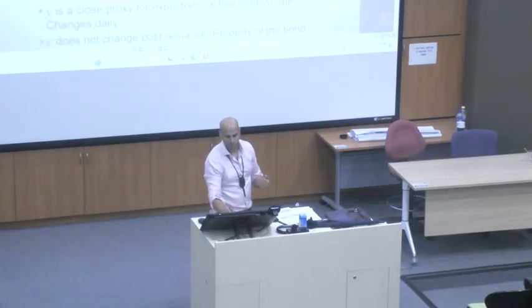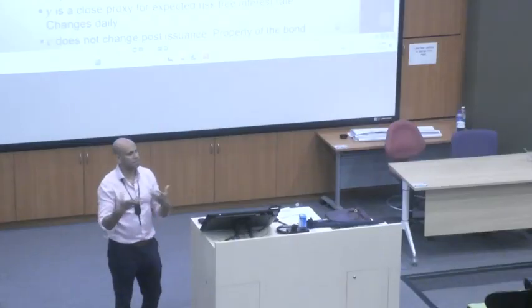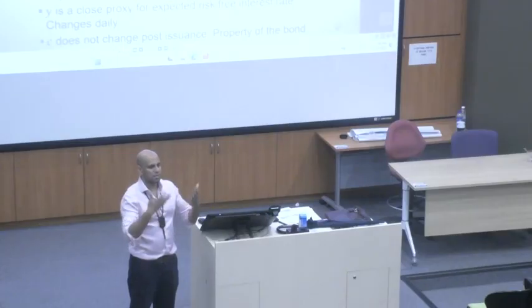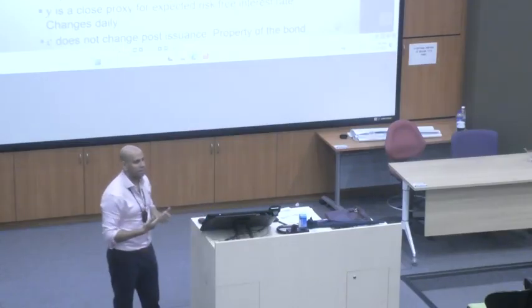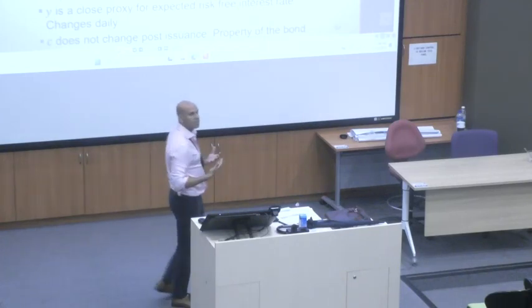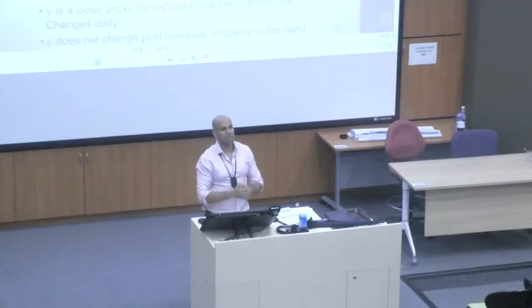And we introduced the idea of a yield to maturity. It's another important point. The price of a bond and the yield to maturity are two measures of the same thing. The price of the bond is just a dollar number. Yield to maturity represents the return that you get by investing in the bond. You think of the yield to maturity as your return. If you're an investor, you buy the bond, how much are you making? That's the yield to maturity.